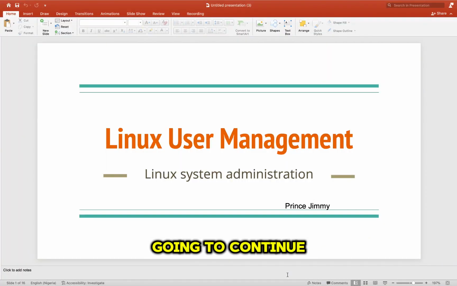Today we are going to continue our class on Linux system administration. Particularly today we are going to look at user management, how you can create a user account as a system admin. Without much delay, we are going to hop in and see how we can create an account and also